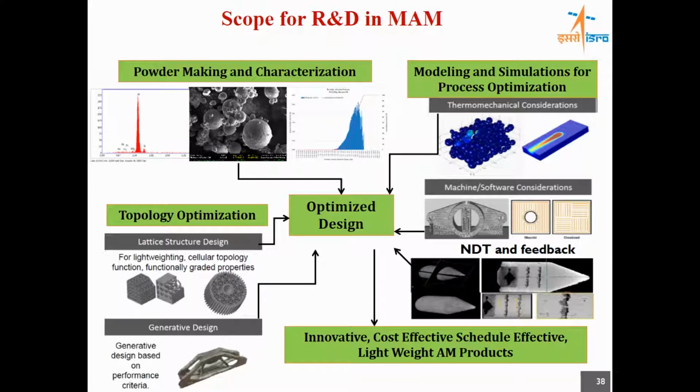And there again, during powder making, there is every chance that when you are melting and trying to make the powder by gas atomization, inert gas atomization or plasma rotary electrode process, the main powder particle can get attached to some fine particles known as satellite particles. Once these fine particles are attached to the main particle, the powder flow is affected. And when you have improper powder flow, when the powder is being spread using that recoater blade, which I had shown in the video, it does not spread properly. It can lead to porosity in that place because there is no optimum spread of the material available in that location.